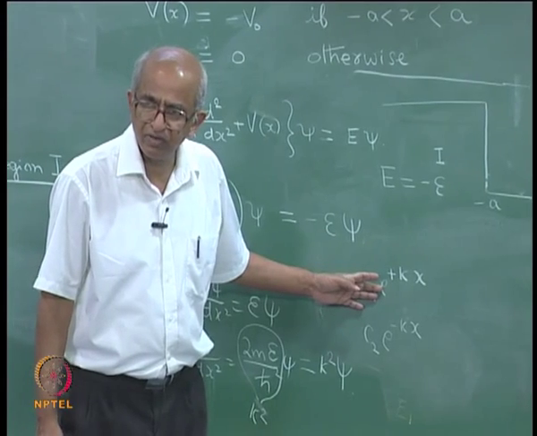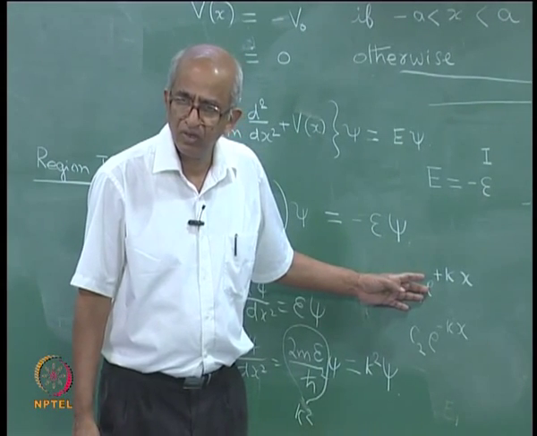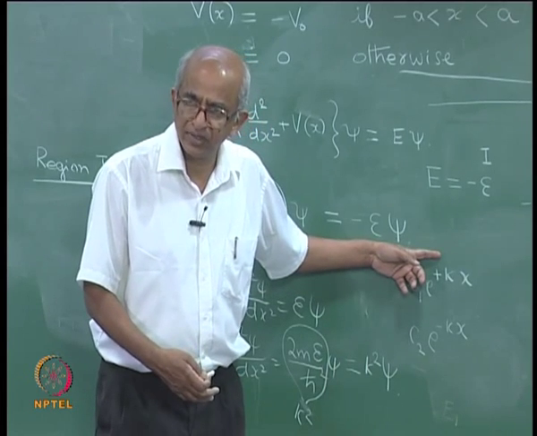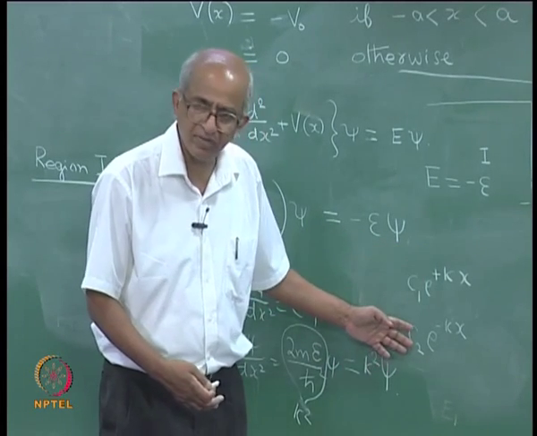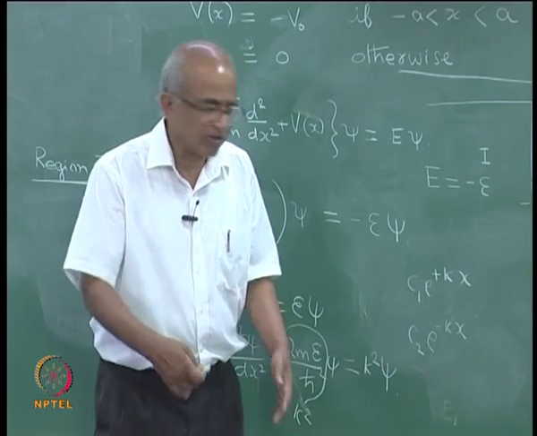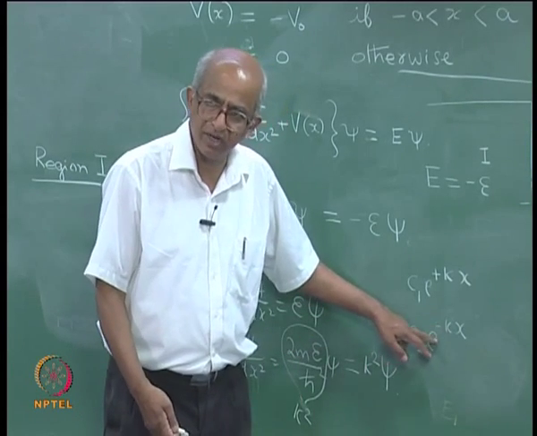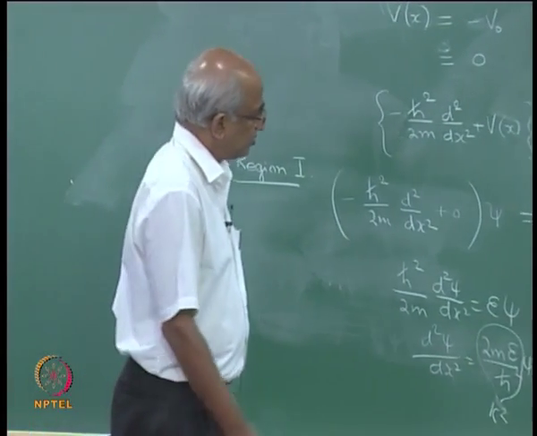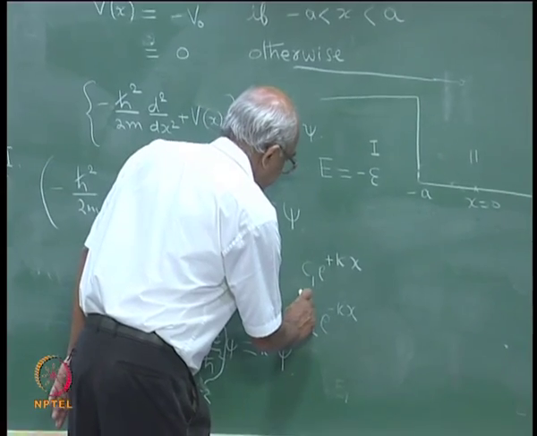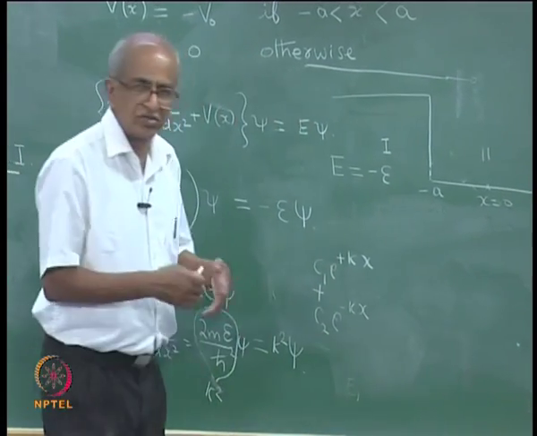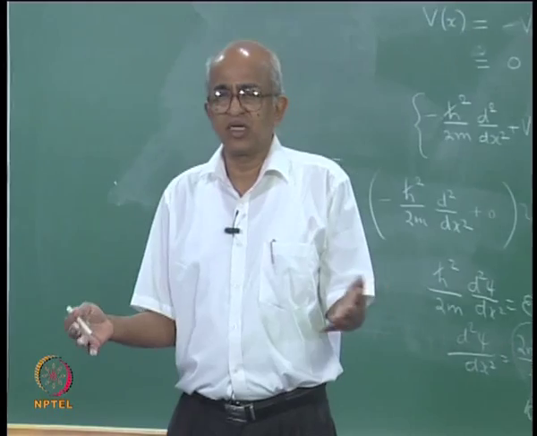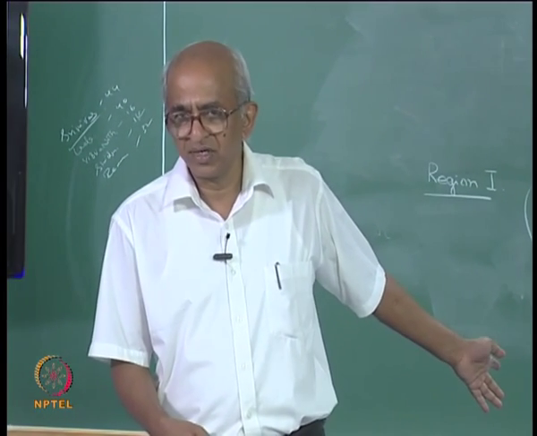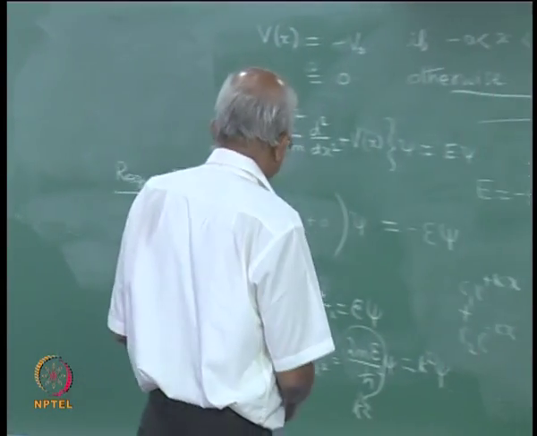you will find that that is equal to this function getting multiplied by kappa square. Or if you took the second derivative of this, you will find that that is equivalent to multiplying this function itself by kappa square. So, therefore, it satisfies that differential equation. So, you can say the most general solution will be a linear combination of these two, because if you have two particular solutions, you can always add them up and the answer will always be a solution of the original equation. So, therefore, in this region,